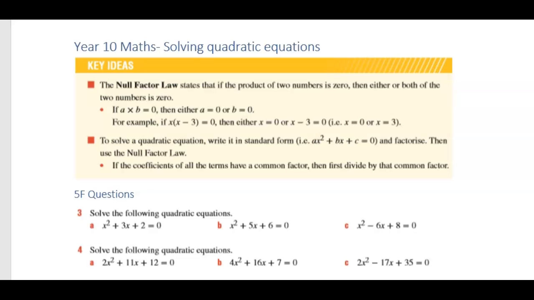The second part is just an extension of factorizing. So if you're okay with factorizing, you'll be okay with solving, because we're just taking it one step further and we're letting those equations equal 0. Now, if you're wondering why we let them equal 0, it's because we're basically looking for where the graph,